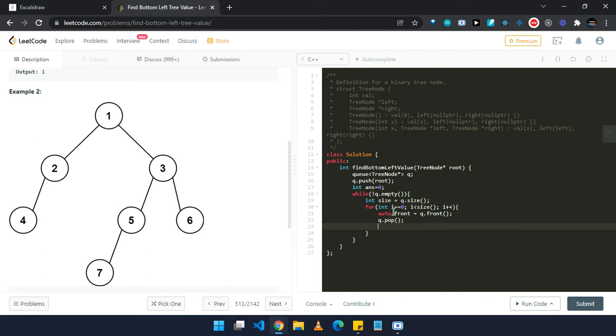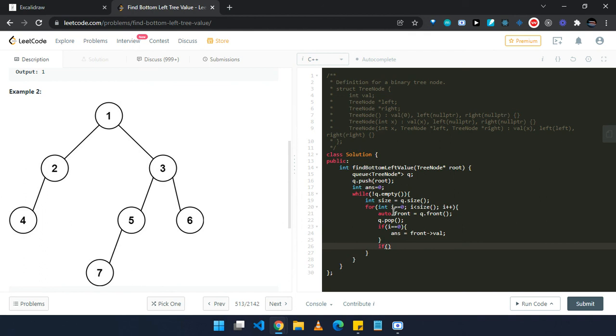Now we will check if our index is 0. If i equals 0, then this will be the first element of this level, so we will put it in the answer variable. Front's val will be assigned to answer.